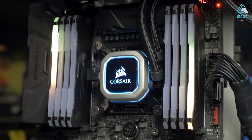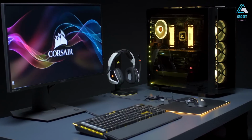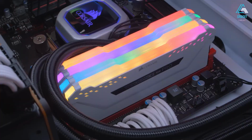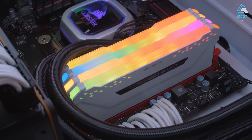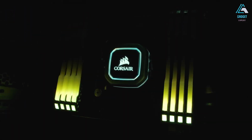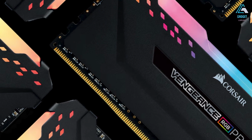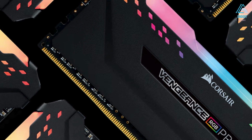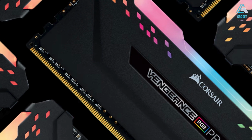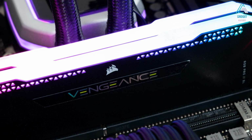With transfer speeds of up to 3,600 megatransfers per second, CAS latency as low as CL16, and a maximum capacity of 128 gigabytes, the Vengeance RGB Pro kits are simply one of the best options for DDR4. The high-end nature of this memory is reflected in the design, as each DIMM includes a healthy dose of RGB lighting. Along with the typical strip along the top, this RAM features crystallized cutouts, leading to a design that exudes